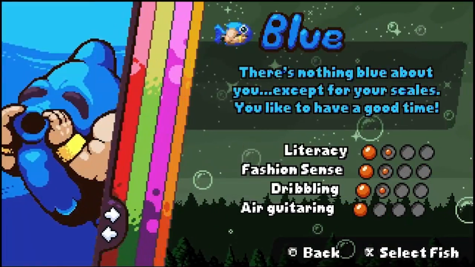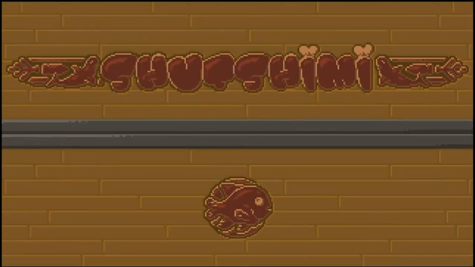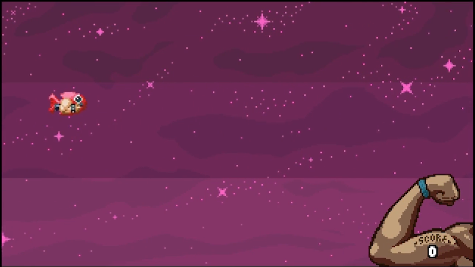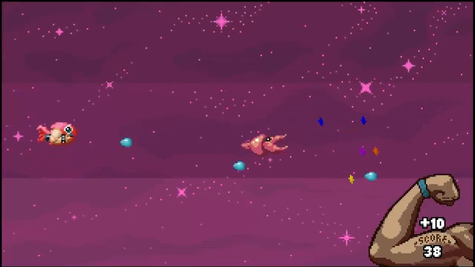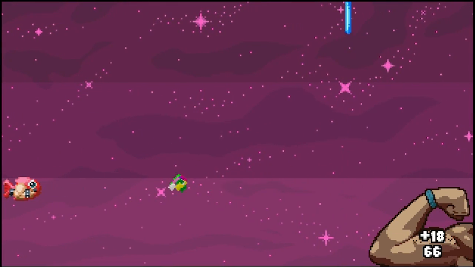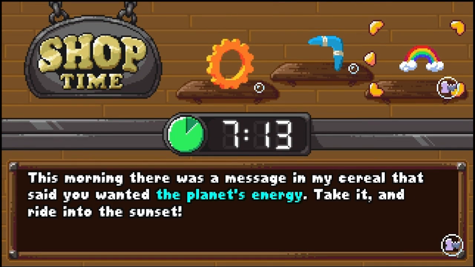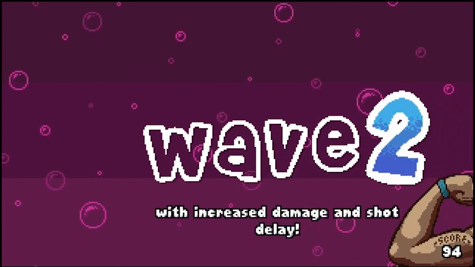You can choose what fish you have, but as you can see, it basically means stuff all, so might as well go with the red one. So Shutshimi is a very simple concept. It's a shooter, and a fairly simple one too. They call it a cute-em-up, but it's not really much of a cute-em-up. And at the end of every wave, which are very, very short, you get these three...